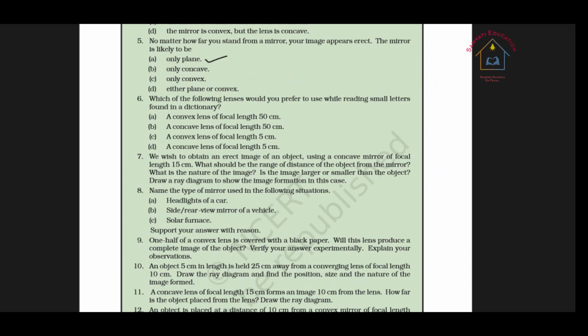We can draw a ray diagram for this. Let's see what the ray diagram is. In a plane mirror, like this, if we place an object here, then it will form an image behind the mirror in the opposite direction, behind the mirror and of the same size as the object. And in the convex mirror,